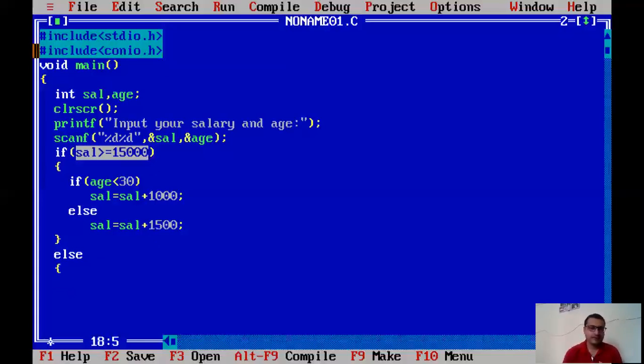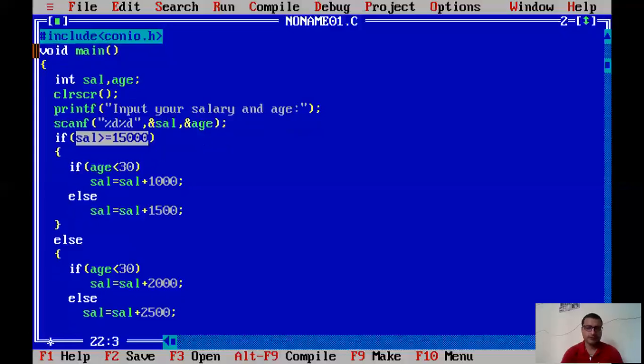Again, there are two possibilities. If age is less than 30, then we are going to give the bonus of 2,000. And in the else part, meaning age is greater than or equal to 30, we are going to give the bonus of 2,500 rupees.